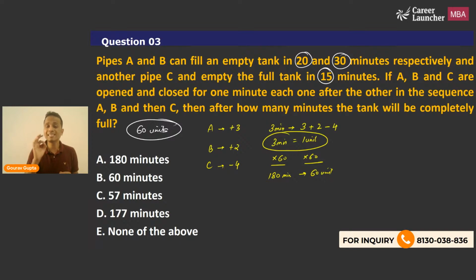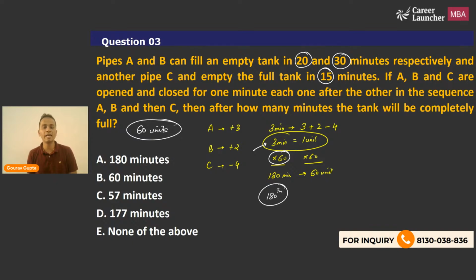Now what C is doing, understand what exactly C is doing. C is taking out some water, right? Am I clear? C is an outlet pipe. So an outlet pipe will take out some water. And if you'll analyze that, if I'll repeat these 3 minutes cycles 60 times, so that means in the last